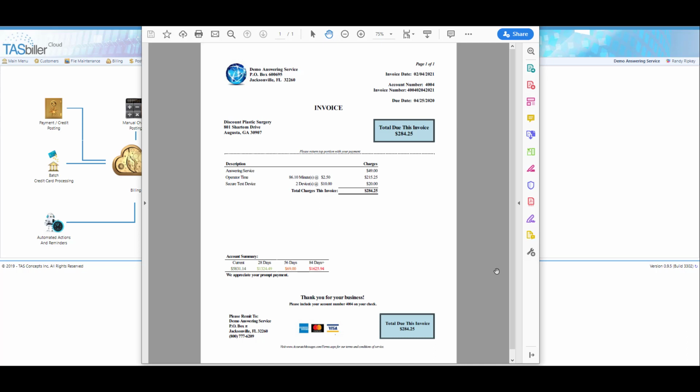The invoice can be customized to have your company logo and any other graphics you would like to include on the invoice. It can be in color, it can have different fonts and different print sizes, as you can see on this example. Before we get too far, I want to talk a little bit about what are known as